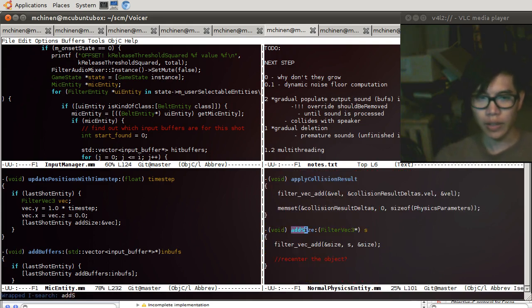And it's defined right here. And we ask, should we recenter the object? But I say no, we don't really need that. I'm going to add a printf here: growing size, and I'm just going to spit out size dot y because